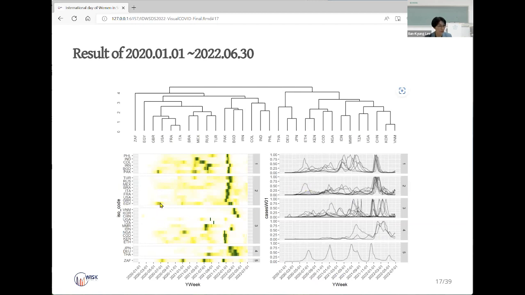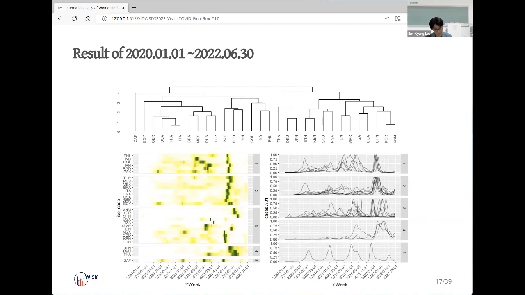And Egypt is an exception. Cluster 3 has a mixed pattern, with different peaks in this Omicron period and some fluctuation, a bit more than cluster 2. Cluster 4 shows a wider peak in Omicron. The duration of Omicron is relatively longer than the other clusters. And cluster 5 is South Africa, which shows quite different patterns, with peaks in every summer and winter.